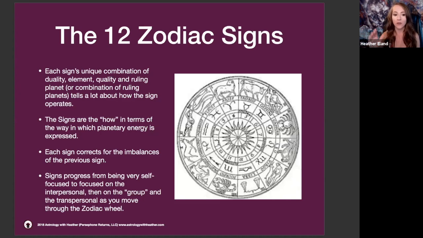The signs are the how in terms of the way in which each planetary energy is expressed. And each sign corrects for the imbalances of the previous sign to a certain extent, and keeps the good stuff usually too. So we'll talk about that as we move through the signs in succession. And the signs progress from being very self-focused at the beginning of Aries, which is cardinal fire. So it's the very beginning of the zodiac. It's all about action and initiation and starting something new, all the way through to Pisces, which is way more